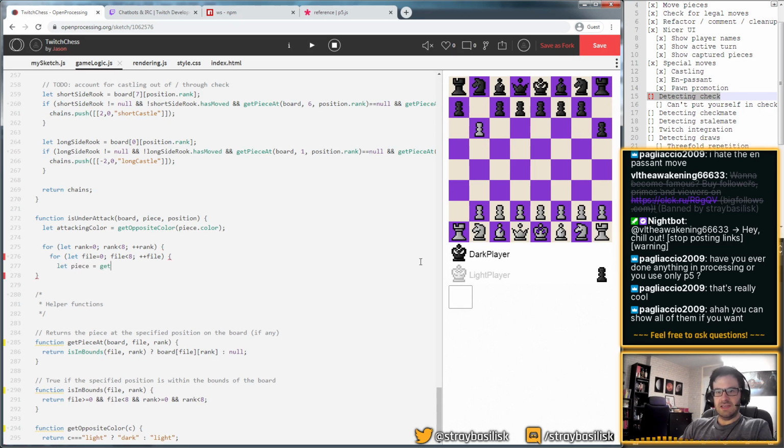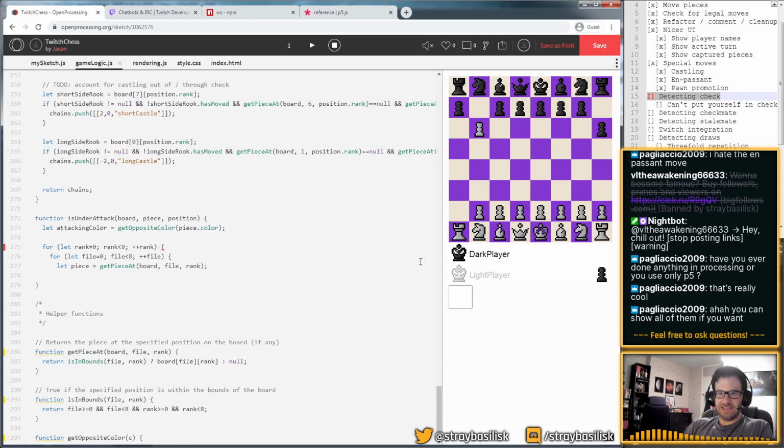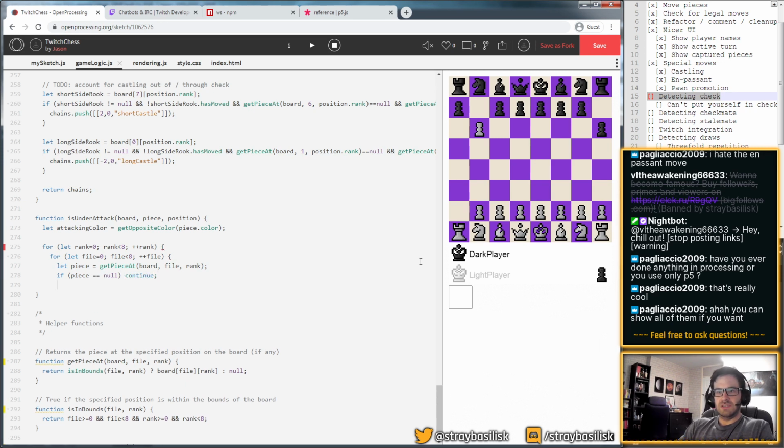Piece equals get piece at board. All this get piece at does is some bounds checks. Actually, I wouldn't need it here, but I'm going to use it anyway. So if it's null, continue, and then if piece.color is not equal to